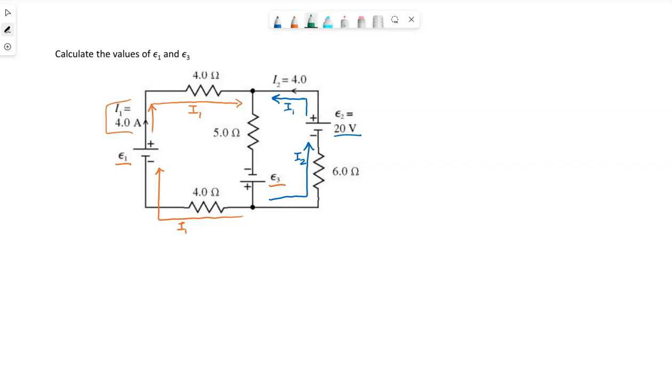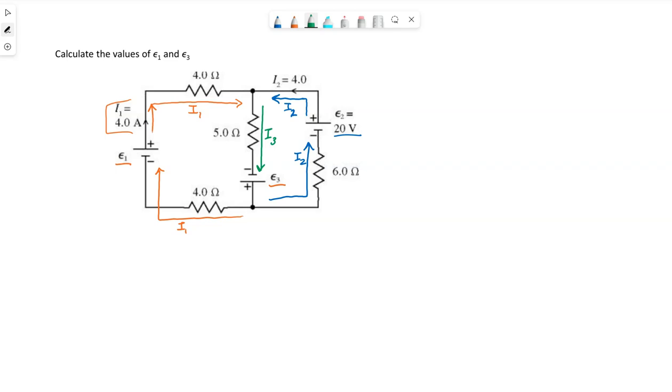Now, the current through the middle, we've got to get right here, but I hope it's not hard to see. I have I1, and sorry, I labeled that one on the right, they have it as I2. So with the way they've drawn the picture for us, we have I1 traveling towards that top junction. We also have I2 traveling towards that top junction. Therefore, I3 must flow down just to satisfy the flow of charge. We can't have all the currents flowing to that junction because there's not a hole or something there to collect